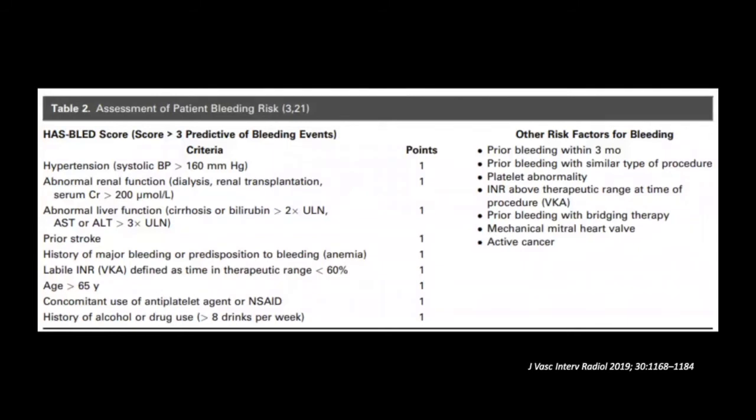So we have a table here that also summarizes the risk assessment for bleeding using the HAS-BLED score. And as the abbreviation says, we have hypertension, abnormal renal function, like we saw in the previous slides, abnormal liver function, prior stroke, history of major bleeding, age, and others. And all of this is put together to have a score, and a score that is more than 3 predicts bleeding events.